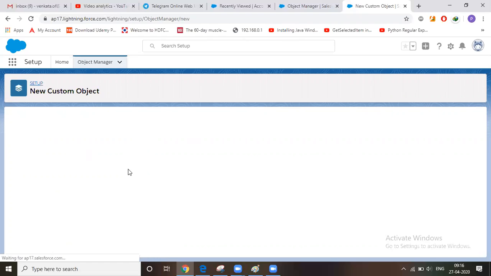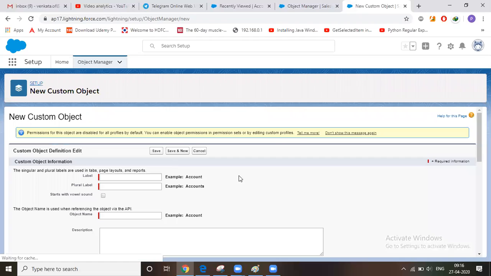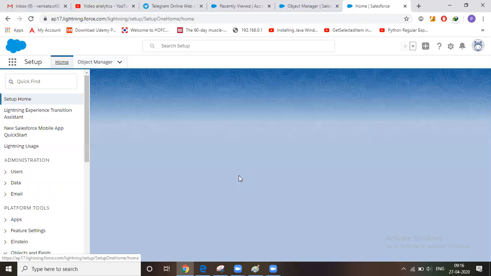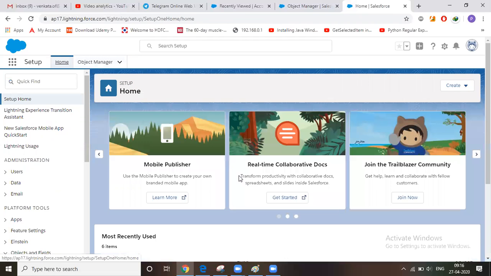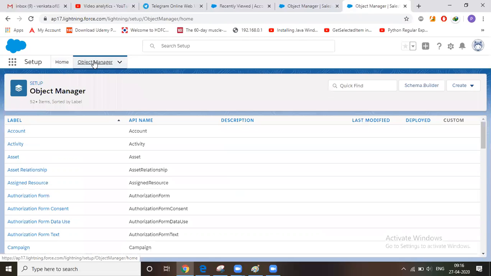We are creating a field, right, in the campaign? No, no. We are creating a custom object. You asked how to create the object in Lightning Experience, so I'm showing that. The closing date we created is a field in campaign. Yes, that is a custom field in the standard object called campaign. The same thing, how do we do it in Lightning?